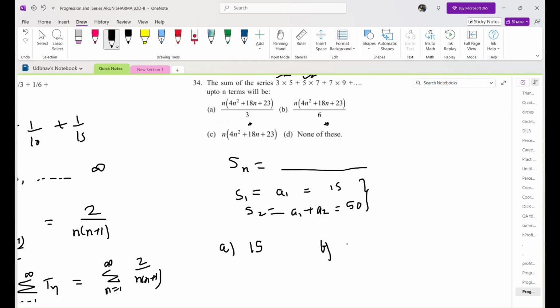It won't give us 15. It will give us 15 upon 2. And here also, we'll get 45. Option C will give us 45. So for more clarification,